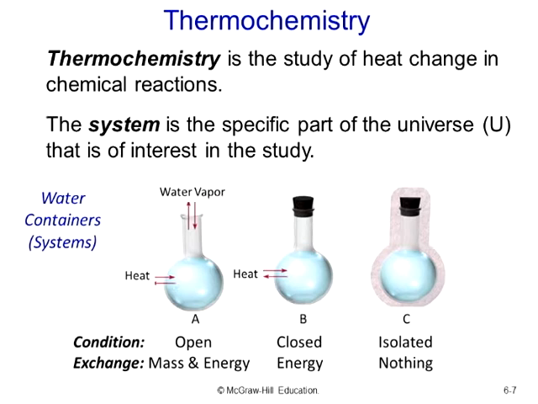It's completely isolated. It sits there and it does not change. It does not interact with the universe. So, example C, an isolated condition, means that it is not interacting in a meaningful way with the universe. In the case of B, it is interacting with the universe, its surroundings, through exchange of energy. In the case of A, the open system, it is interacting with its surroundings by exchange of heat energy and water vapor.